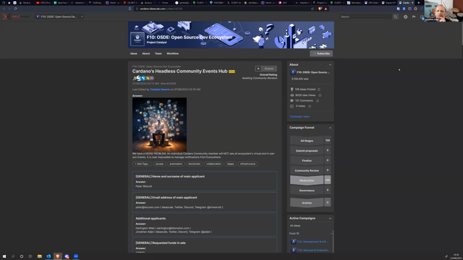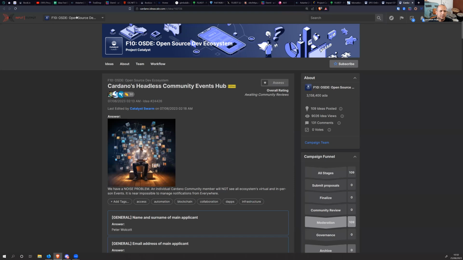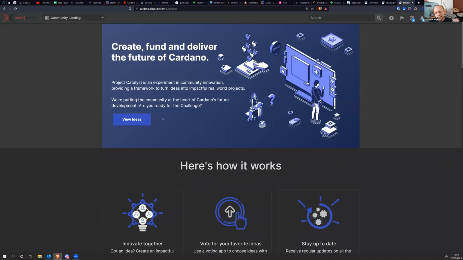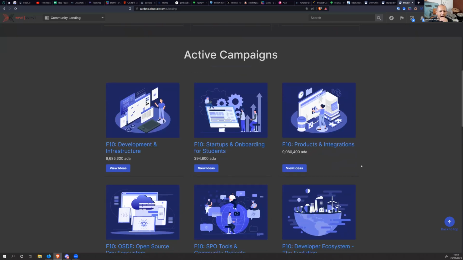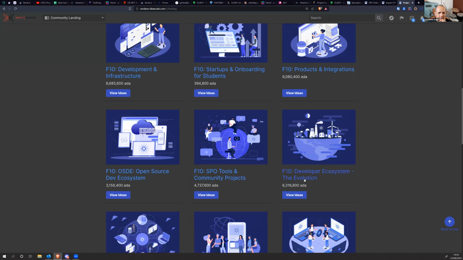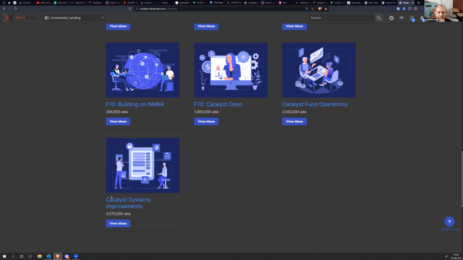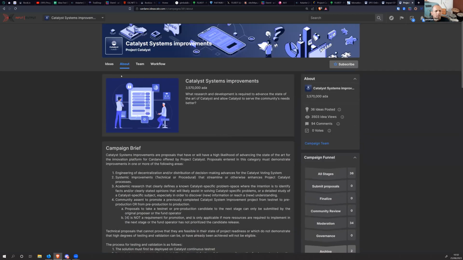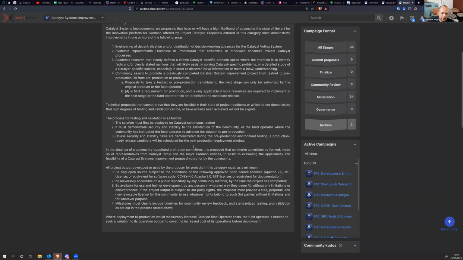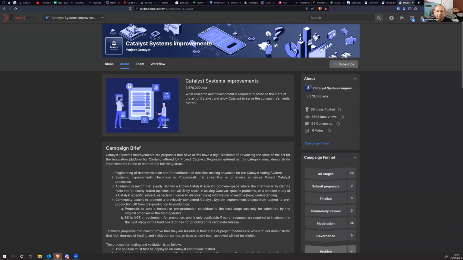So there's one controversial thing going on at the moment in IdeaScale and in proposal assessments, and that is the challenges in IdeaScale. The challenge settings are proposed and then added in by the community, but there was one that was added for Catalyst system improvements, and this challenge was briefed by IOG, so their team set up this challenge with a budget of 3.5 million ADA, and then within that